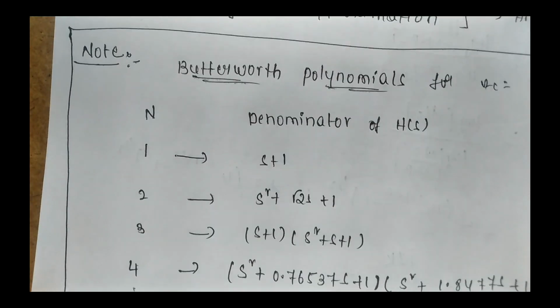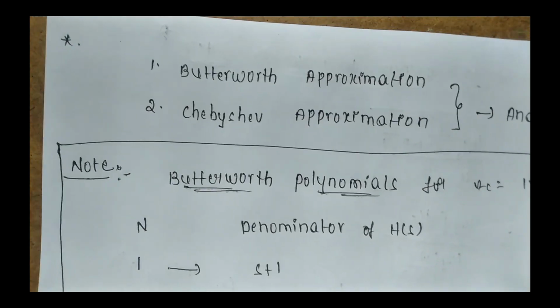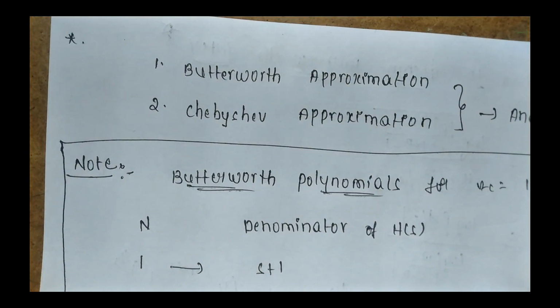Now, after learning all these things, let us see what the filter designing methods are for designing the filter in the analog domain. I told you that digital filters are designed through the analog domain. It means that if you want to design a digital filter, you have to design that filter in the analog domain. Then you have to convert that analog filter into the digital domain, right? So it means that as a first point,